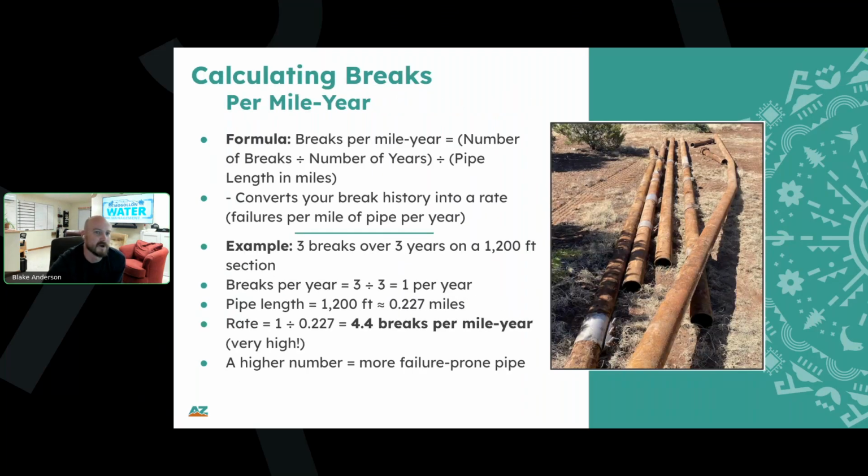And so here's how you do the math for main breaks per mile. You take the number of breaks a pipe has had, and you divide that by the number of years in that data period. And then you divide it again by the pipe's length in miles. You can do foot as well if you'd like, but miles is kind of a good standard rate. For example, let's say a particular pipe segment is 1,200 feet long, that's 0.23 miles, and it's experienced breaks over the last 3 years. That on average is 1 break per year. Now you need to divide that by 0.23 miles, and you get roughly 4.4 breaks per mile per year,